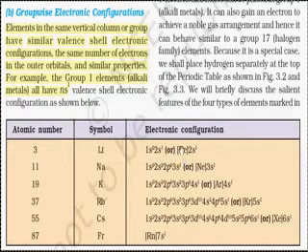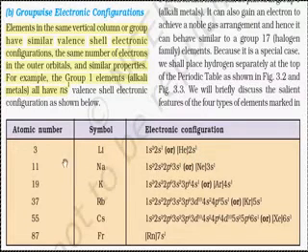Now here the inert element is He. It has 2 electrons, that is, it is complete. So helium has 2 electrons, whereas the other inert elements will have 8 electrons in their outermost orbit. So they are known as inert or noble gases. We will study them in detail. Also, they are found in the periodic table in group 18. So here we have helium 2s1.